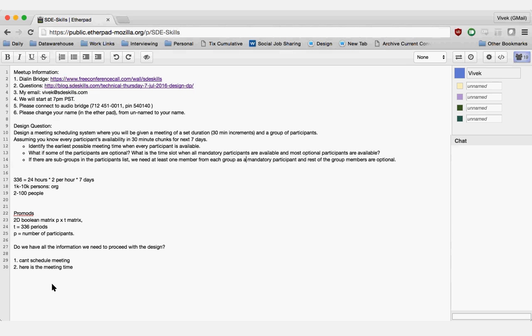One question: you talked about the size of the meeting, 2 to 100 people, or let's say K people are meeting. Do we get the group also as input? That means we get everyone's availability, but we need to check the availability of a smaller group out of this whole organization. What would your functionality look like for that small group?